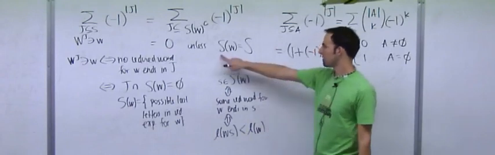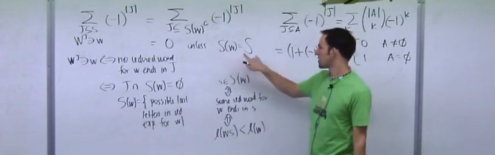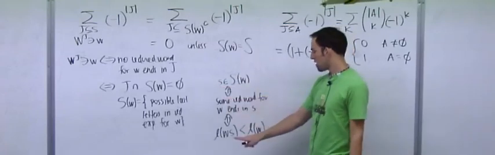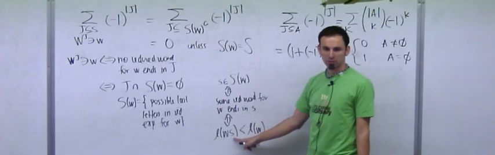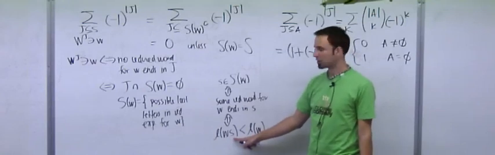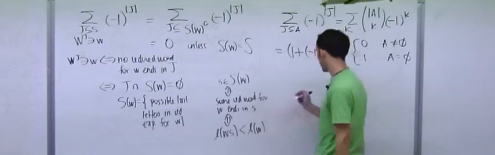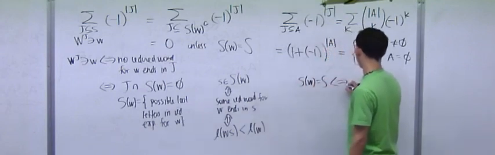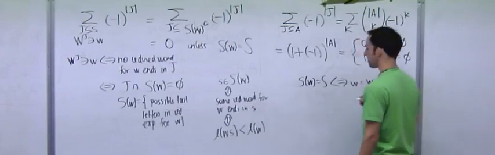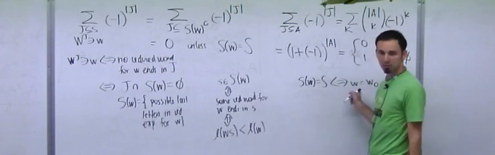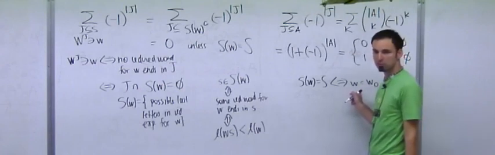So what am I saying if S of w is equal to S? I'm saying that every s has this property. Every s makes w shorter. And by the homework, you know what that means. That means that w has to be the longest word. So S of w is equal to S if and only if w is the longest word. Now, if there is such a thing as the longest word, that means that already the group is finite.